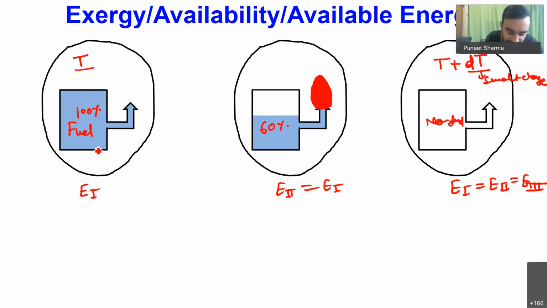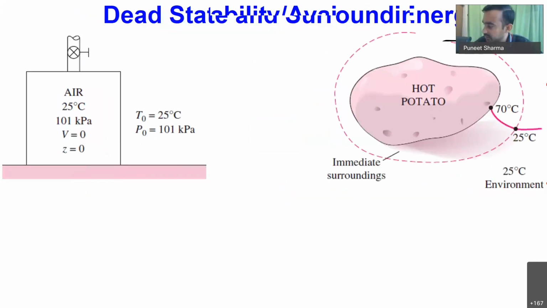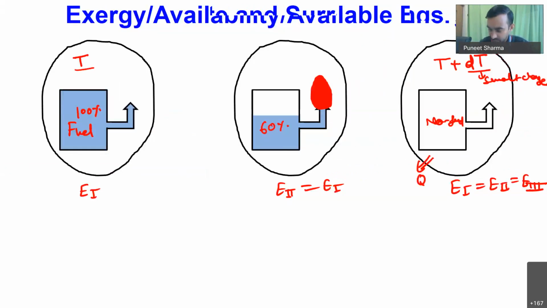And we had almost the entire energy stored in the form of chemical energy of the fuel. Then I told you that if I have to utilize this energy from the third system, over here I can at maximum transfer some amount of heat, and by using that heat transfer I can do some work. So if I connect some heat engine over here, obviously I can connect one if I am transferring some heat.